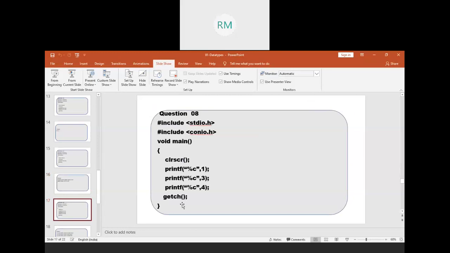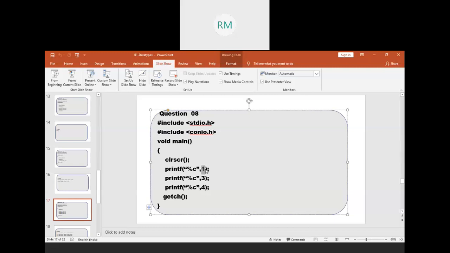Next question: percent C of 1, percent C of 3, percent C of 4. Whenever you use percent C as a format specifier, it takes the number as an ASCII value and prints the equivalent character.